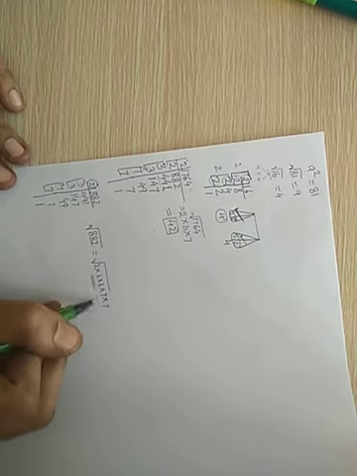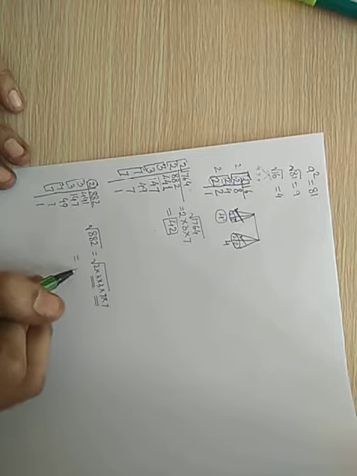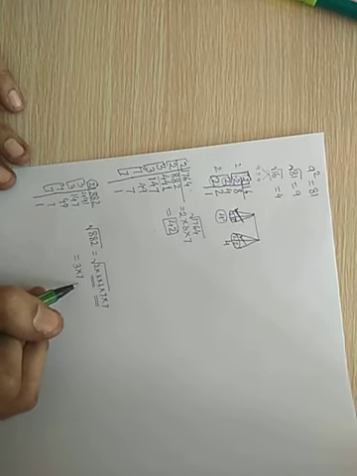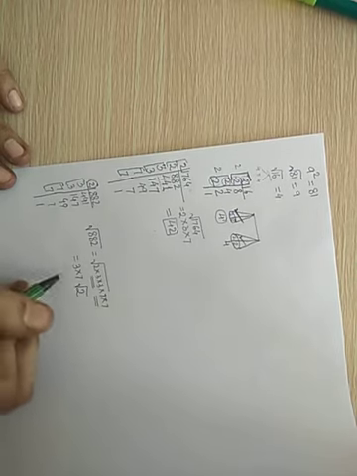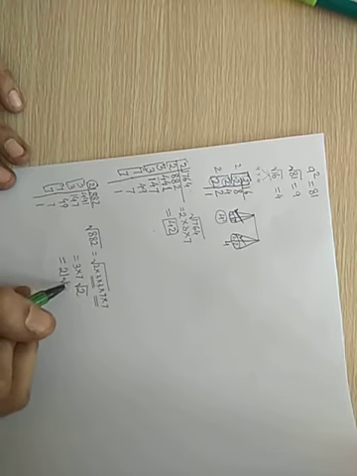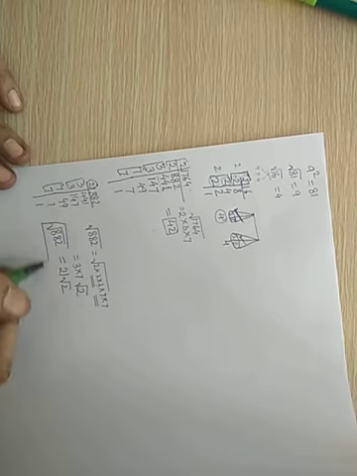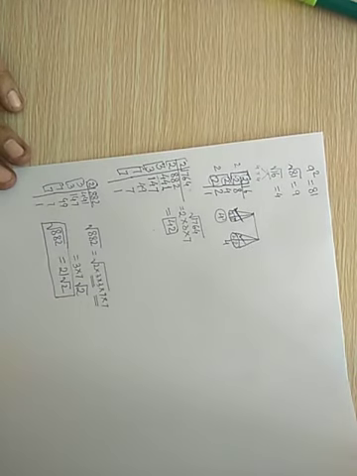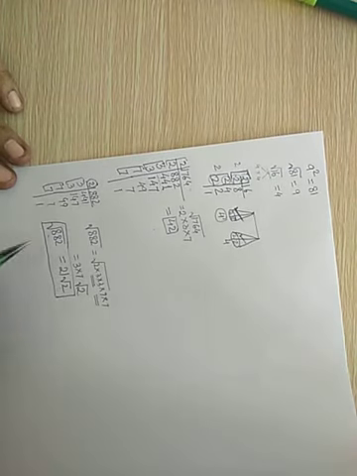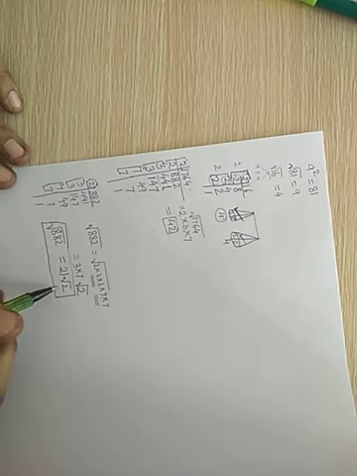Now 3 forms a pair, 7 forms a pair, they both will come out. That means 3 and 7 came out of the square root sign. But this 2 will remain inside. So 21 root 2. This will be the solution for the square root of 882. This will be the answer of this. It can be solved further. I'll tell you how. But for now, you just remember that this will be the solution for this thing.